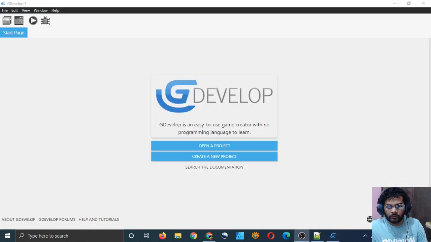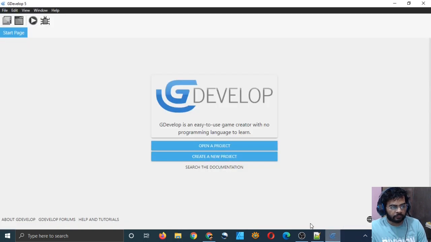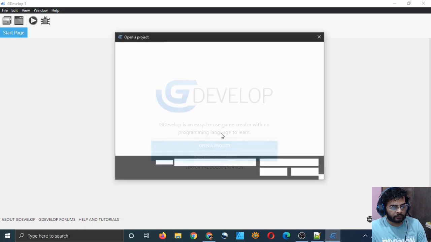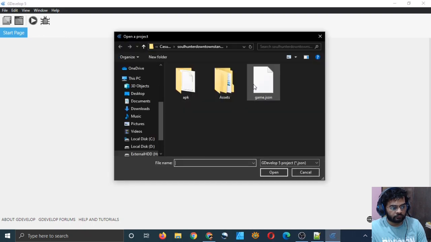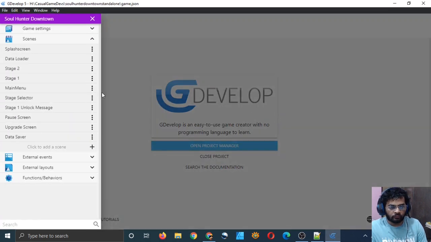So as you saw from Google AdMob, I got these two, app ID and ad unit ID, right? And now in GDevelop, I will again open my project, and first of all, let's create a new scene just so we don't confuse anything.